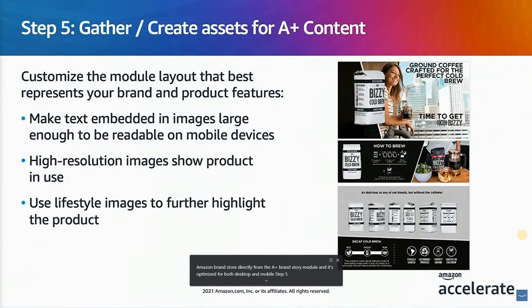Step 5, gathering and creating the assets. Once you've selected the modules, you can work on each section to build your A+ content. In the case of enhanced product description, there are 14 modules that you can choose from. Make text embedded in images large enough to be readable on mobile devices. Use high resolutions to show the product in use and clearly